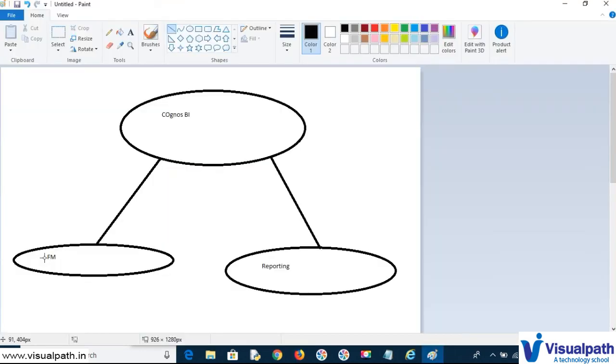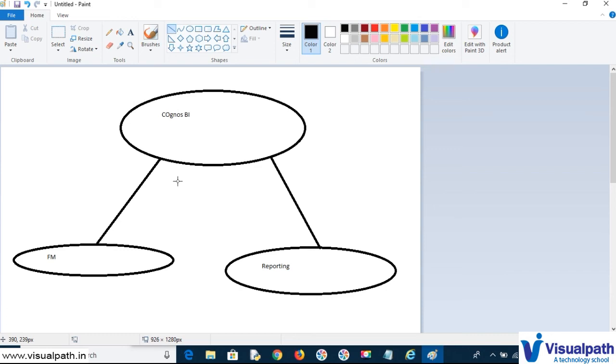So what I mean to say is, Cognos BI has basically two components. The first is the modeling component, where we create the model or the metadata, and the other is the reporting layer, where we create the reports and dashboards. Framework Manager is a window based tool. We need to install it on a system or a server, and there we need to create the